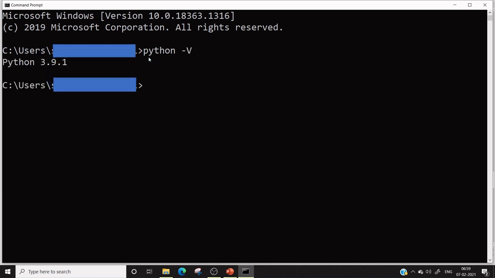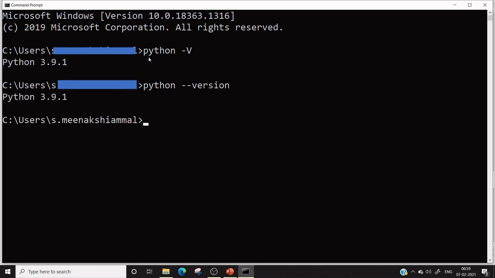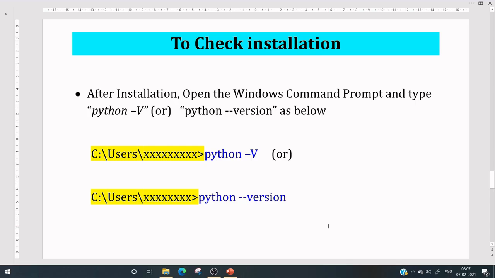It gives the version of the Python software. Python --version, give enter. This also gives the version of Python software. From that we could know the software is successfully installed.